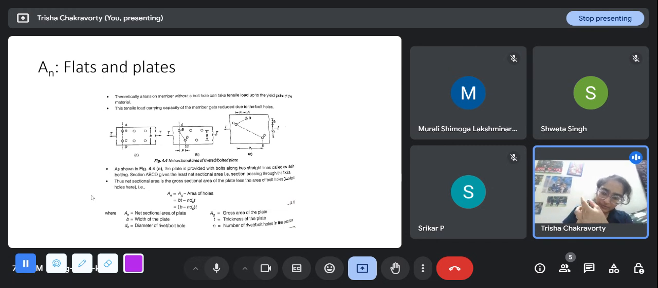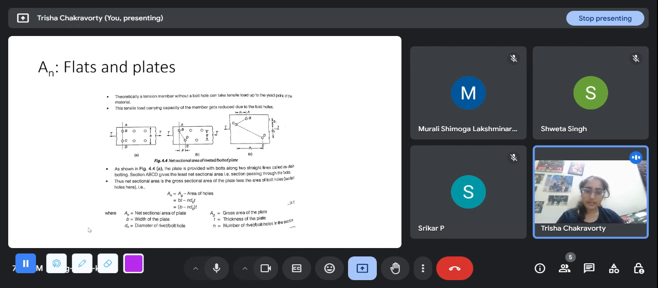So this is the overall width of the plate, that is B here. B is the width of the plate. We have to subtract the number of bolt holes into the diameter. So minus n into d, that is the effective width, the total width minus the diameter of the bolt hole into the number of bolt holes, and then we have to multiply with the thickness. So that is what is done here: B minus n d naught into t, where AN is the net section area of the plate, AG is the gross area of the plate, B is the width of the plate, T is the thickness of the plate,